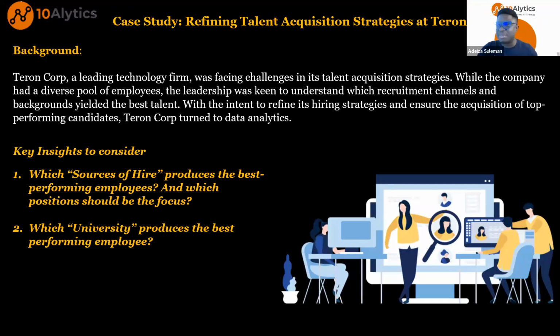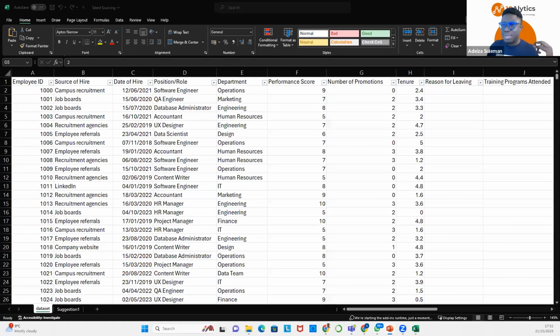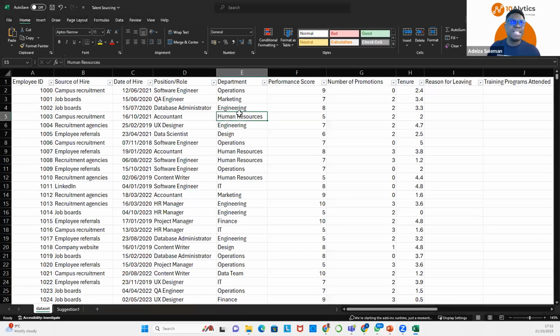Is performance based on specific university? Is there any major difference between the student universities and their performance? You want to also check. So that's question number 2. Again, we're going to use analyze data to help us do that. Go back to your data, click anywhere around your data, click on analyze data at the right-hand side. And I'll show you manually how to do this. For those that don't have analyze data, how do you still create the things that we are creating? I'll show you how to do that as well.